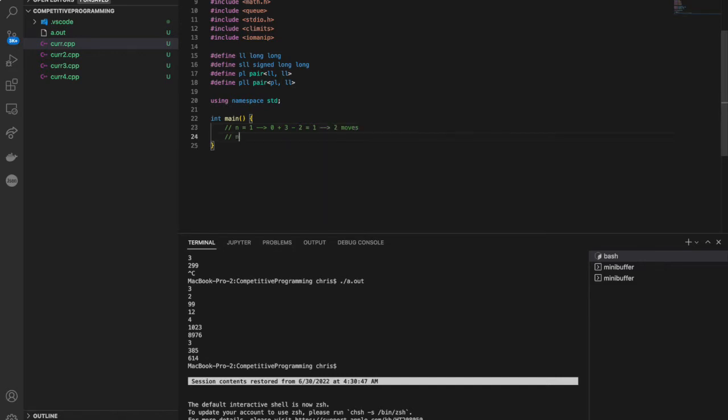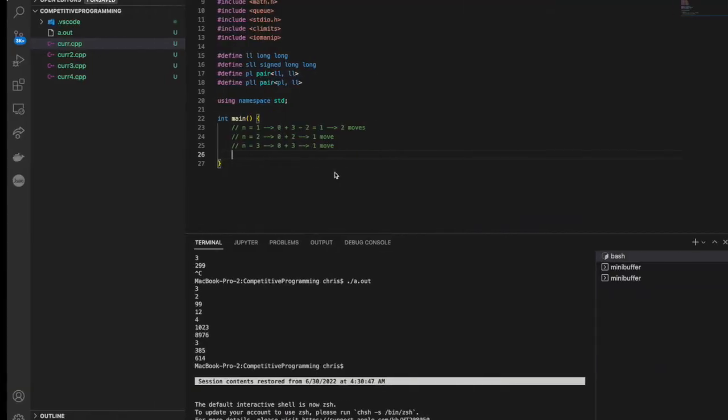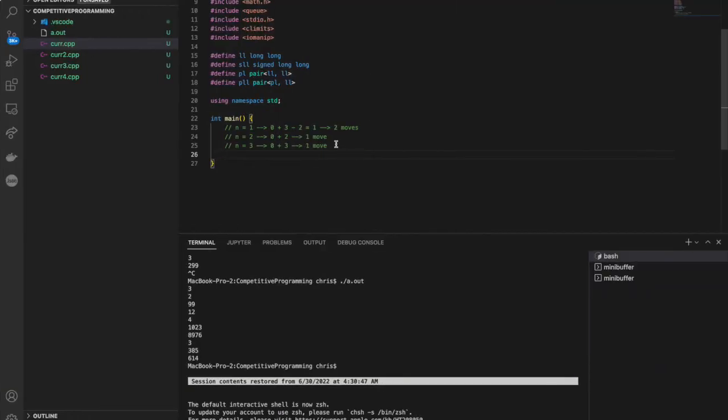For n equals 2, we could just plus 2, so we'll have 1 move there. 0 plus 2 is 1 move. And for n equals 3, we would have 1 move because this would just be a plus 3. Now we have the simplest cases, but how could we get for something like n equals 4, or any arbitrary n that's greater than our base cases? Well,